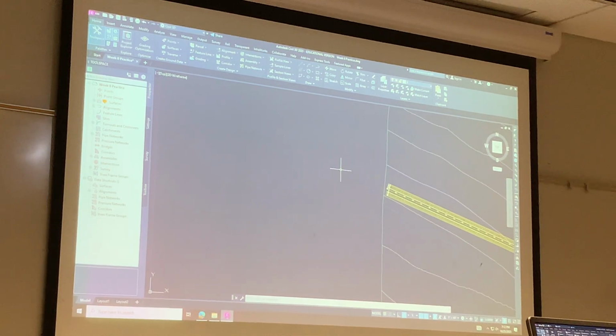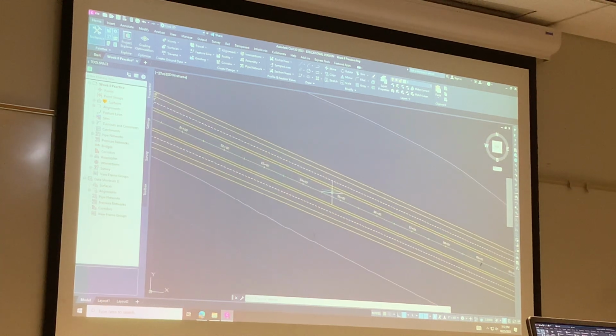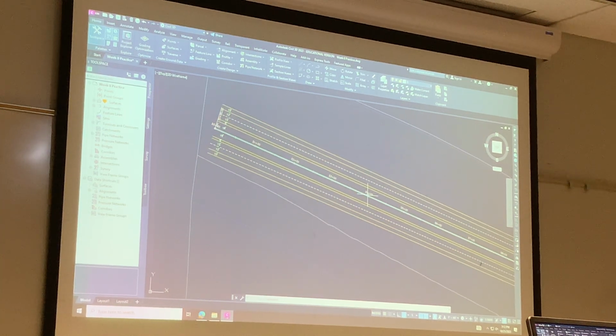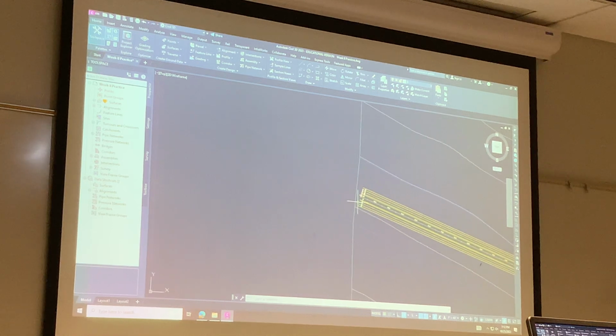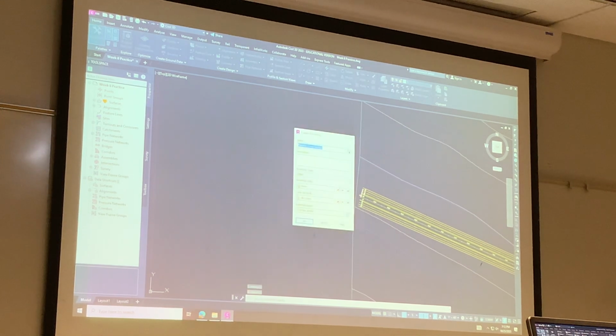So what did we do to create that cross section? We already have it kind of decided because we already have our horizontal alignment and the link configuration. But what did we do to create it? We had to add each individual lane to the left and right shoulder and the median. Yeah, and that was with which function? Or which feature of Civil? Assembly. Yep, assembly. So if we create the assembly,